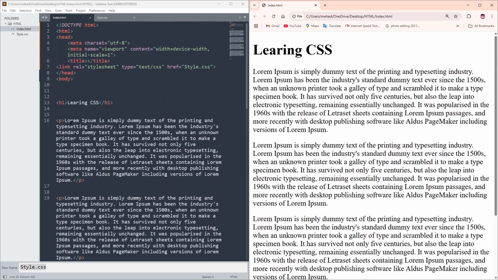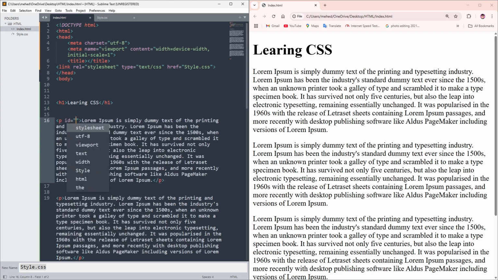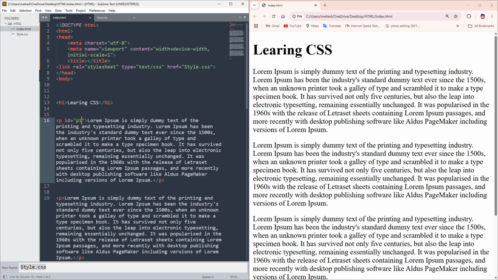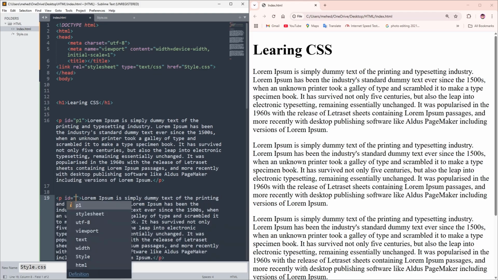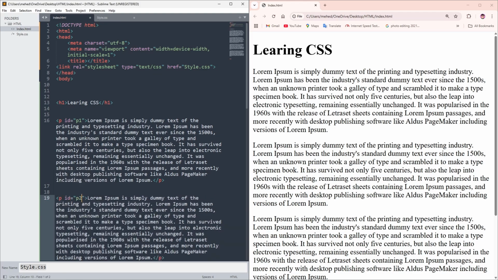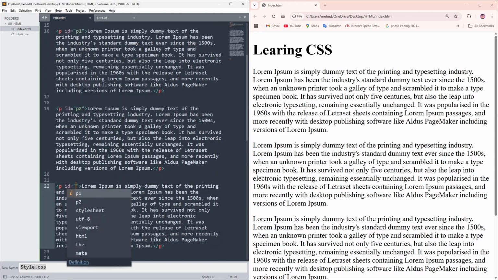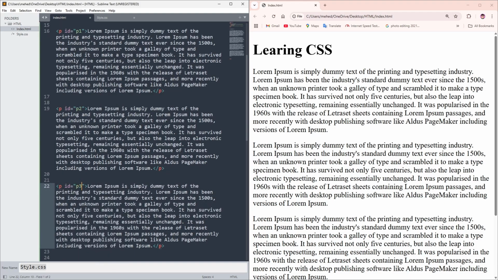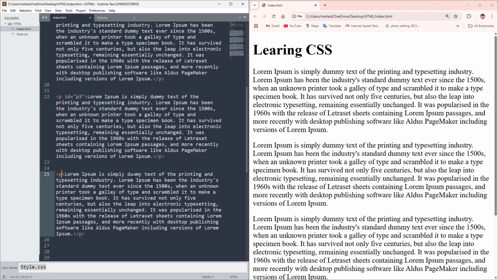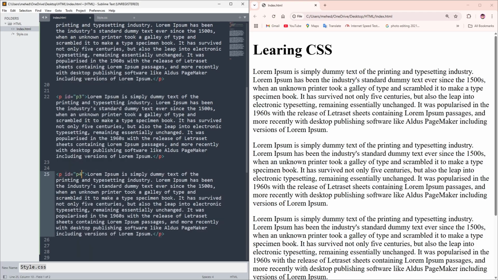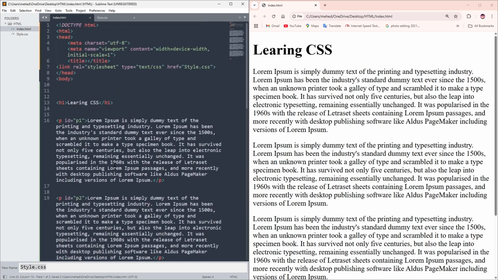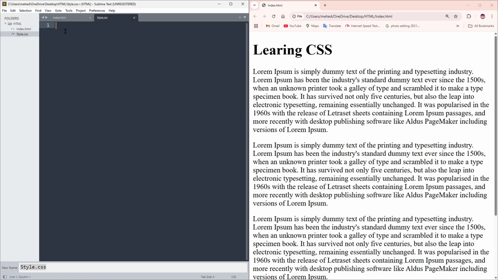And then we're going to give an ID to each of them. For that, we're going to give the first p an ID and name it P1. And then we're going to do the same with this one and name it P2. Into this p paragraph, we're going to give the ID P3. And now if we come over to this p tag and type ID P4, and then save it, after that we're going to open the style.css file,